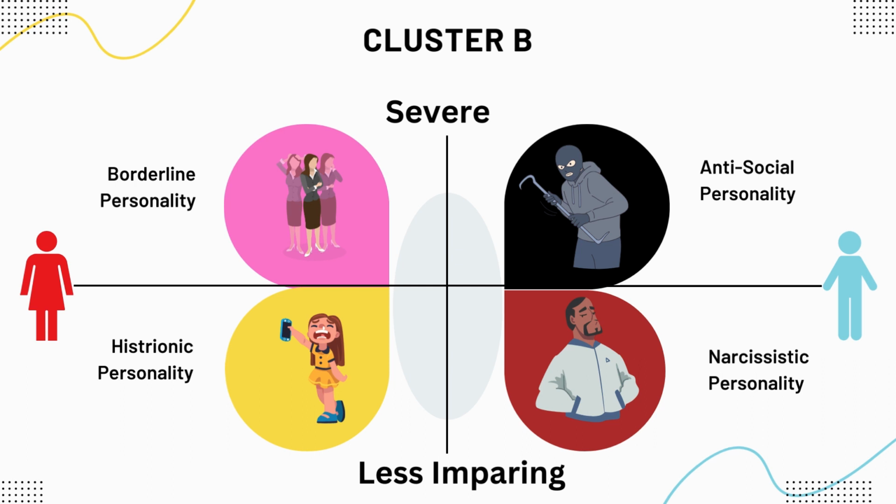in society. As you can see here, the upper part is known to be the most extreme and disabling, namely the borderline and antisocial. These people find themselves isolated, hospitalized, incarcerated, and unemployed, while the other personality traits in the lower portion, which are histrionic and narcissistic personality, are less impairing and are able to support themselves and maintain social relationships. Next, we will discuss each one of these in detail.